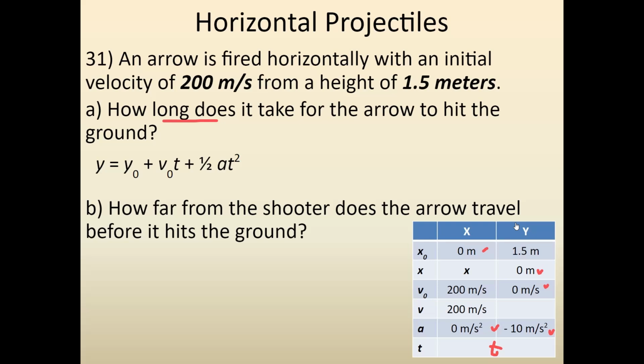So y equals y naught plus v naught t plus 1/2 a t squared. We have all the terms. We're just going to plug them in, and then we get our answer of 0.548. Then to figure out how far from the shooter the arrow lands,